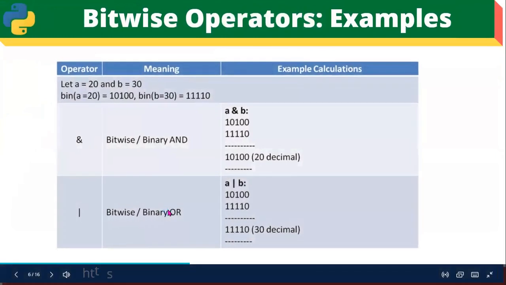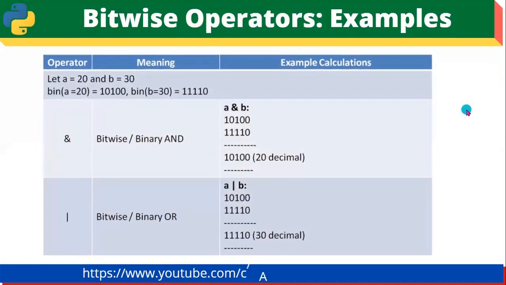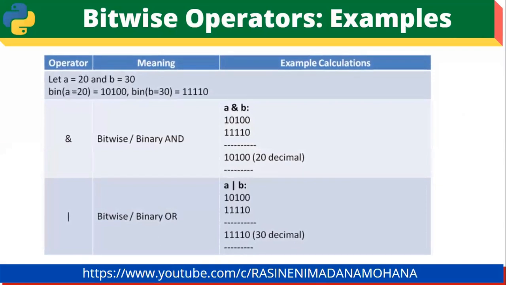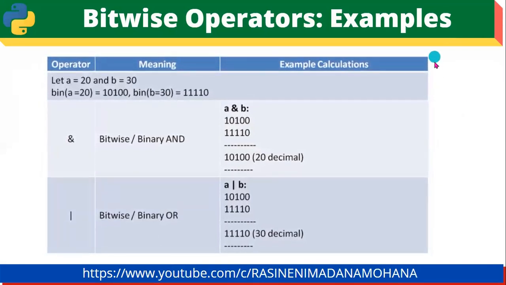Okay, now the following example shows calculation of bitwise operators theoretically. First, let us see one by one. Here we assumed a equals 20, b equals 30, integer values, meaning decimal values. So the binary equivalent values are, by using bin in Python, you can get the binary value directly, or manually you can find it. So the 20 equivalent binary value is 10100. Then the 30 equivalent binary value is 11110.